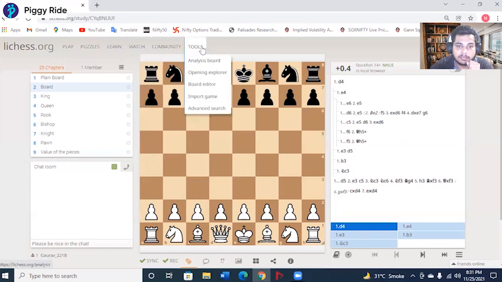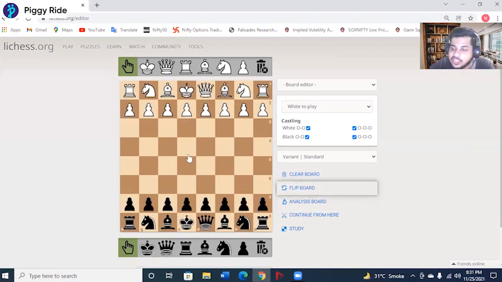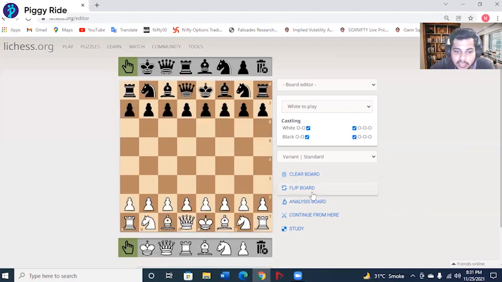Now, the tricky part is, if you're ever playing as black, remember, if you're playing as white, your numbering will start from 1, 2, 3, and so on till 8. But if you're playing as black, the board is flipped. If I flip the board right over here, the numbering has changed. Now this has become the H file and this has become the A file, whereas previously the left one was the A file and the right one was the H file. Now I'll flip it again for you guys to understand.